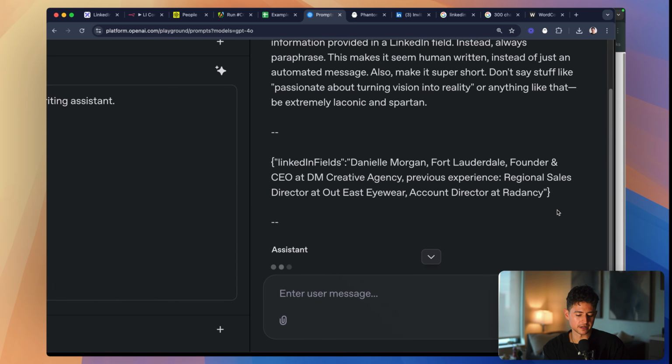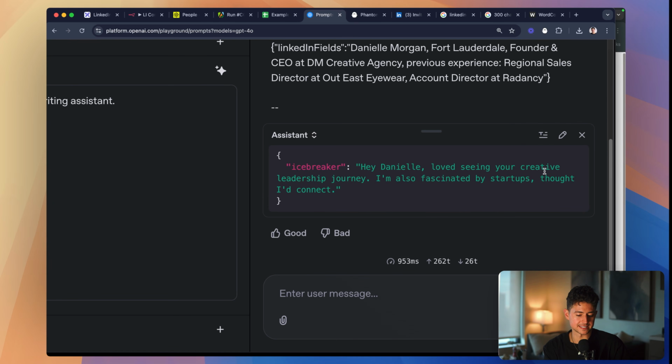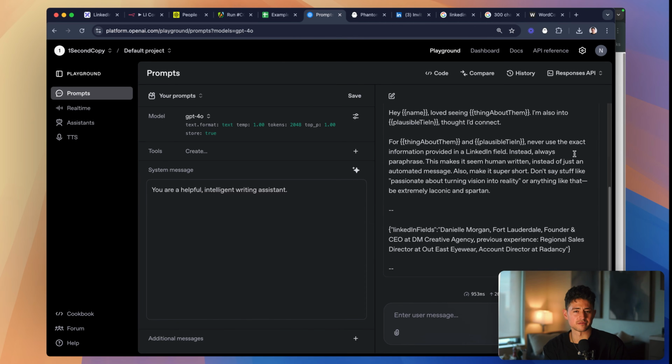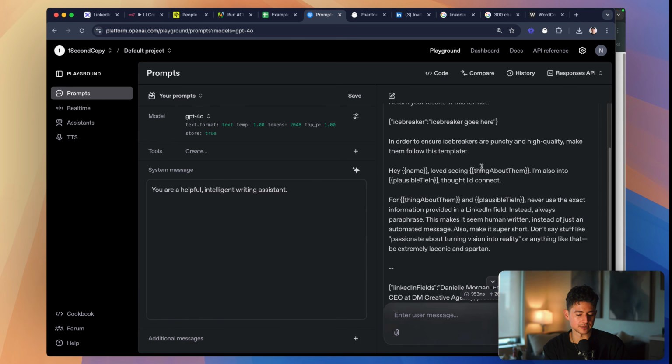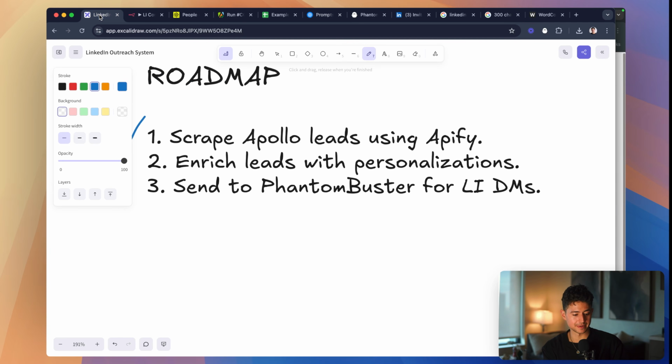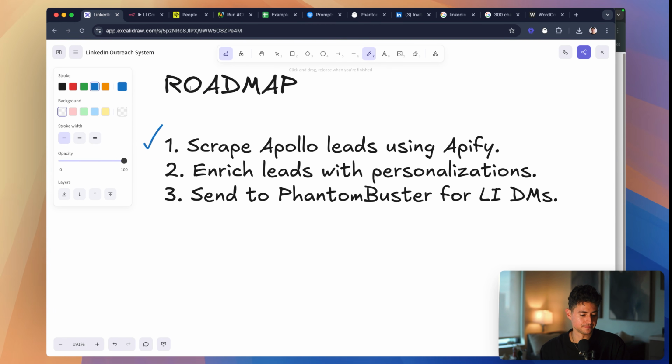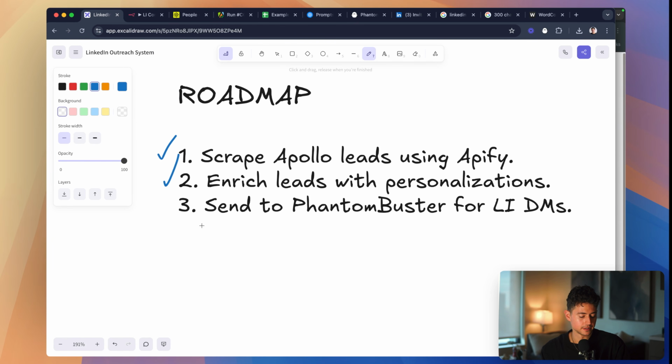All right, cool. So I think 4 out of the 5 so far have been all right. Fascinated by startups. All right. I think 4 out of the 5 are pretty good, so I'm just going to leave it at that. That seems to me like a pretty good prompt, which means my next major task in this system is done, right? The last thing I'm going to do is send this to PhantomBuster for